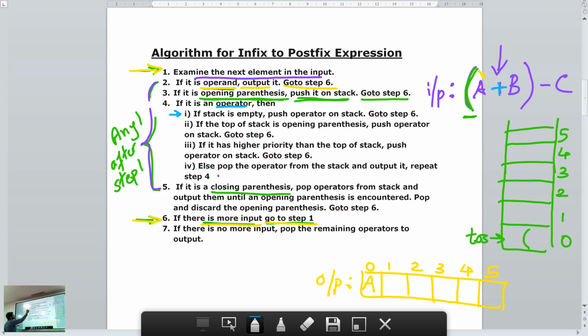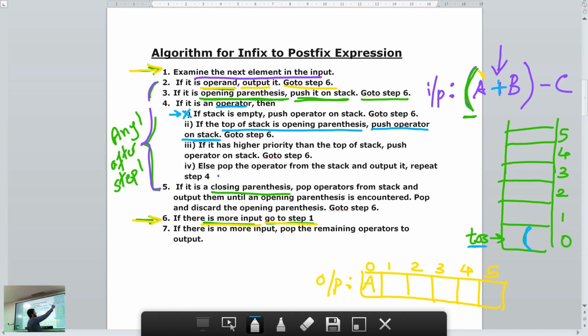Read the first one. It says if the stack is empty; you check here, the stack is not empty. So we cannot apply this. Go to the second one. It says if the top of the stack is an opening parenthesis. This is the top of the stack. Is it an opening parenthesis? Yes, it is. So what will we do? Push the operator on the stack.